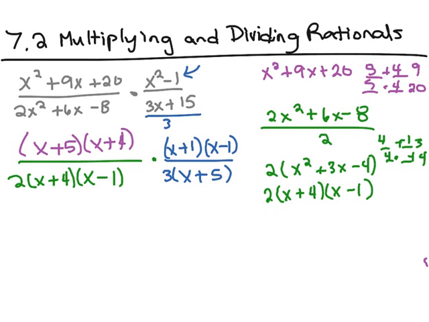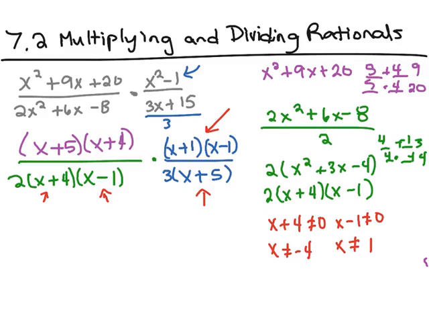Now that everything is factored, we're going to find our non-permissible values. So this cannot make 0, this cannot make 0, this cannot make 0, and neither of these can make 0. So we have x plus 4 cannot equal 0, so x cannot equal -4. X minus 1 cannot equal 0, so x cannot equal 1. X plus 1 cannot equal 0, so x cannot equal -1. And x plus 5 cannot equal 0, so x cannot equal